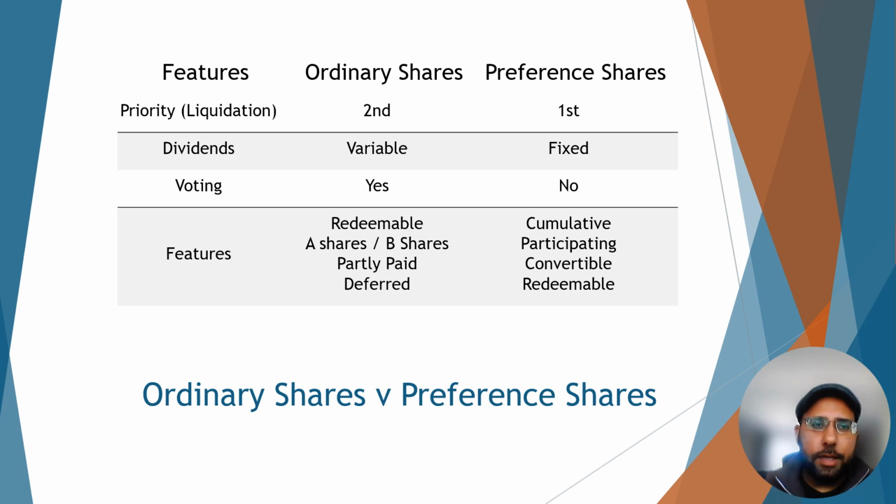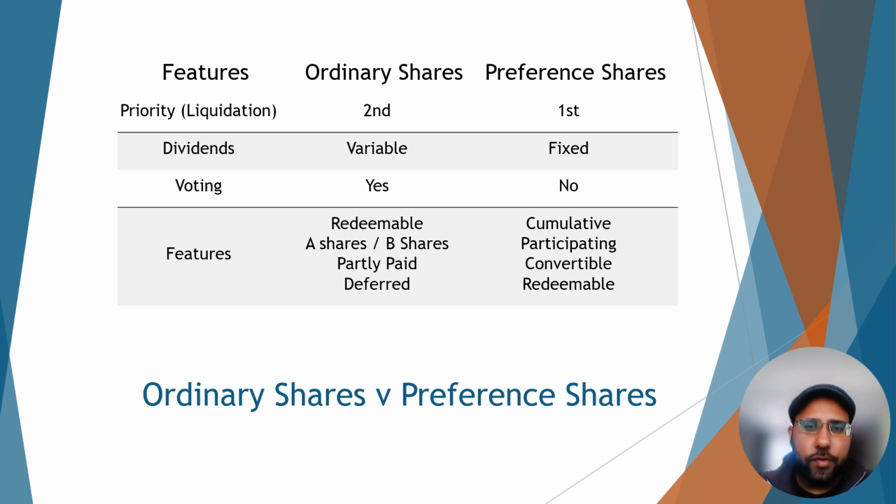Okay, what I've done here is I've put together a summary of the ordinary shares and preference shares, just so that we can fully nail down what we've learned about the two, just so that we're in a clear mind moving forward. So when we talk about ordinary shares, that represents naturally an ownership in a company. It does come with specific features as well as benefits and cons, so we will go into that. First and foremost, let's look at the dividend aspect.